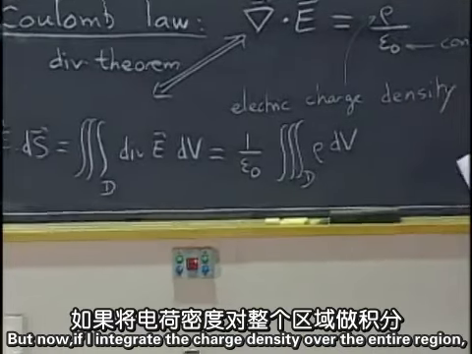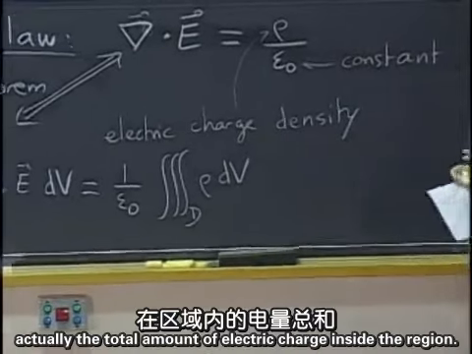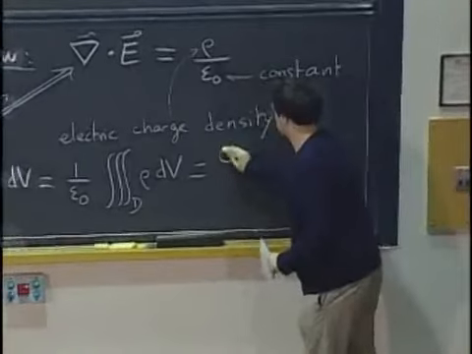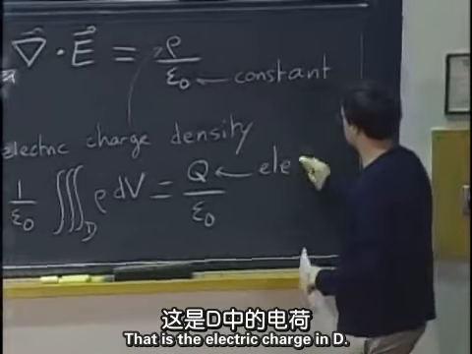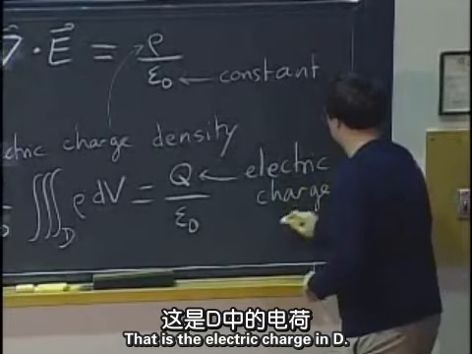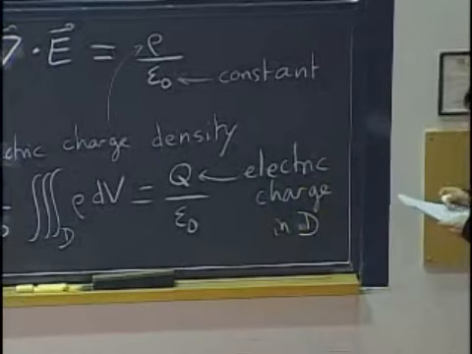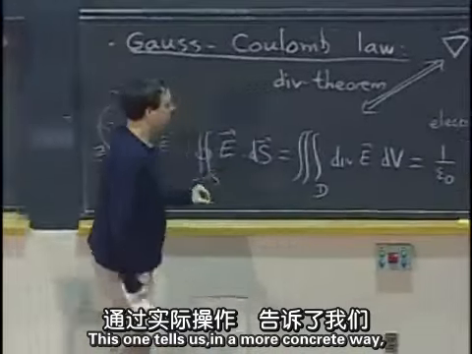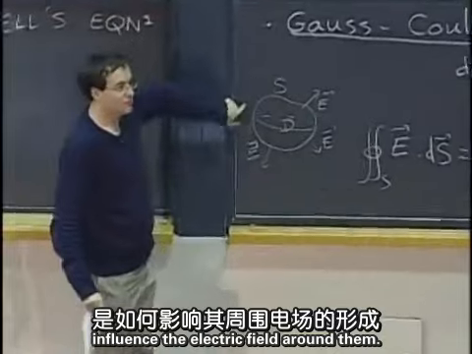But now if I integrate the charge density over the entire region, then what I will get is actually the total amount of electric charge inside the region. Okay, so that's the electric charge in D. So this one tells us in a more concrete way how electric charges placed in here influence the electric field